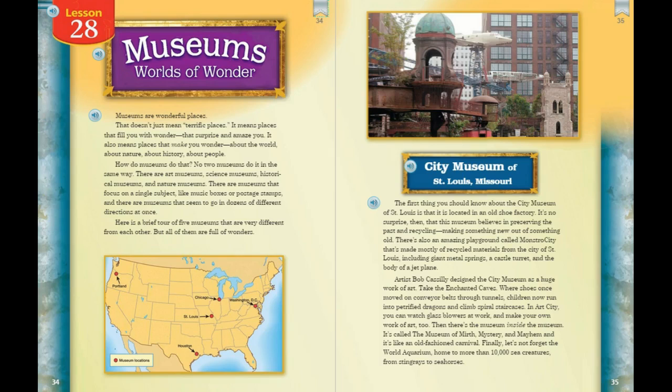Remember to think about our essential question, how do museums teach us about our world, as you read Museum Worlds of Wonder. You're going to pause the video now, read it, and come back so we can think through the text together. All right, now that you've read the text, let's think through it. And remember, you are pausing the video after each question and having a short discussion with your learning adult about the question I'm asking. So what can visitors to the City Museum of St. Louis see and do?